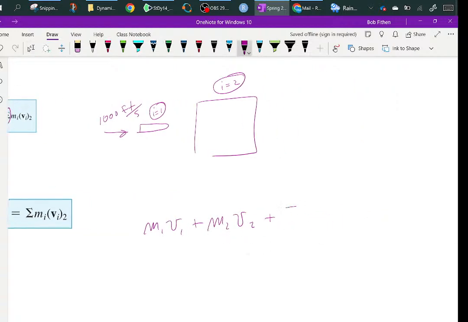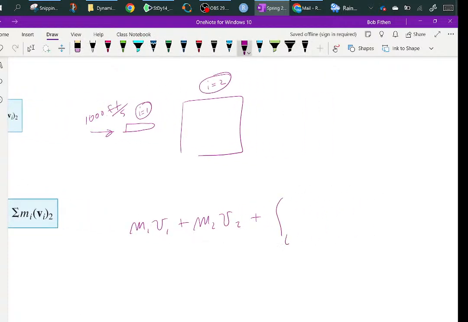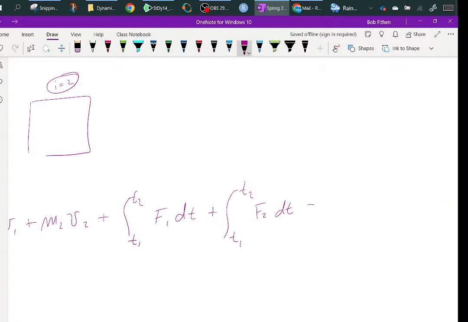So I have the integral from T1 to T2 of F1 dt plus the integral from T1 to T2 of F2 dt equals